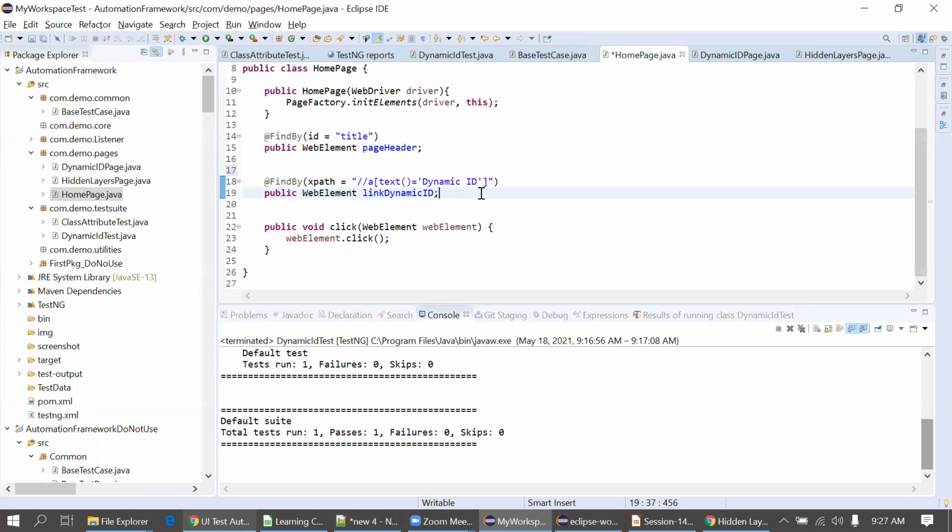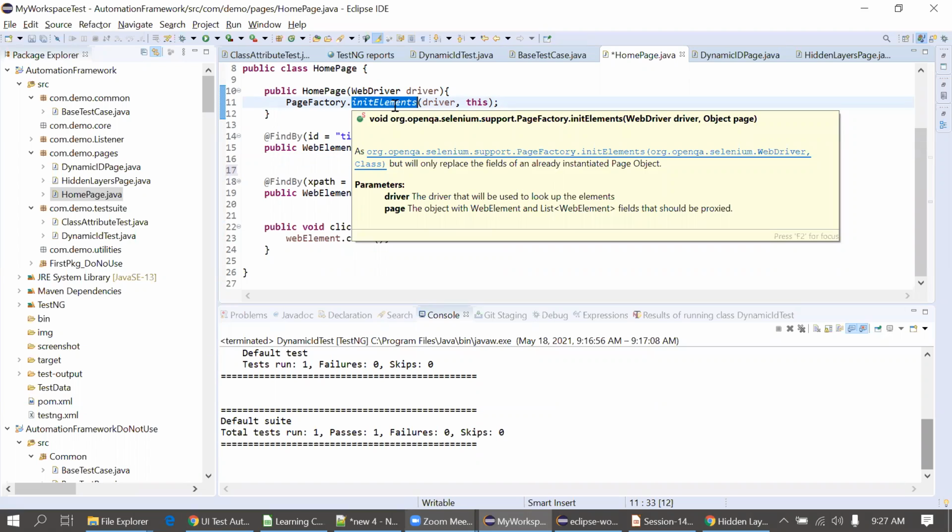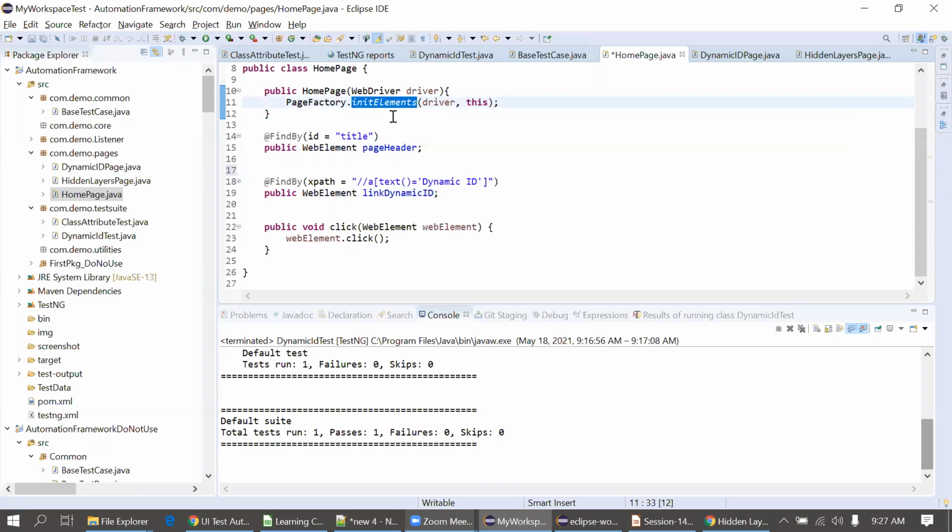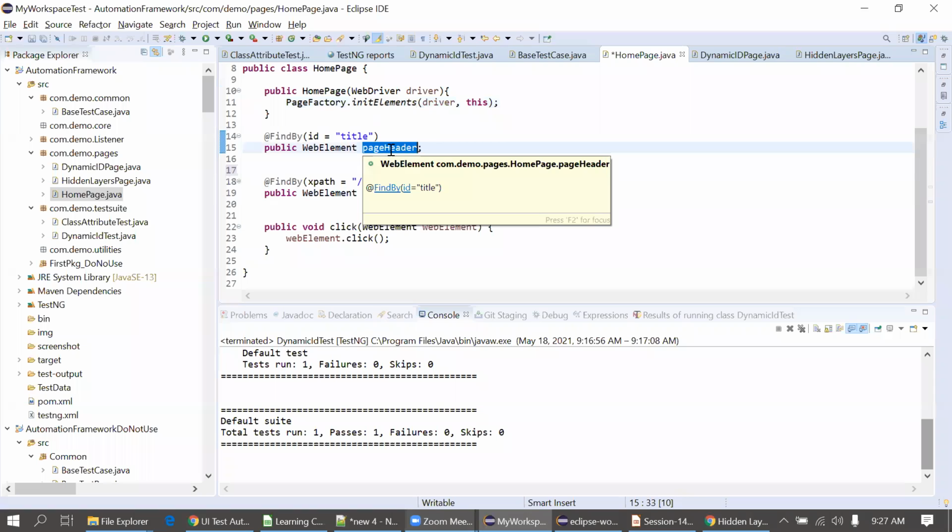So in the homepage constructor, when we create the object of the home page class, the home page constructor is called. Then inside it, PageFactory initElements, what does it do? Suppose we are using find element to find elements on the UI, right? You know find element. So the same thing initElements does. It just initializes all these web elements. So it will simply use the page header dot find element